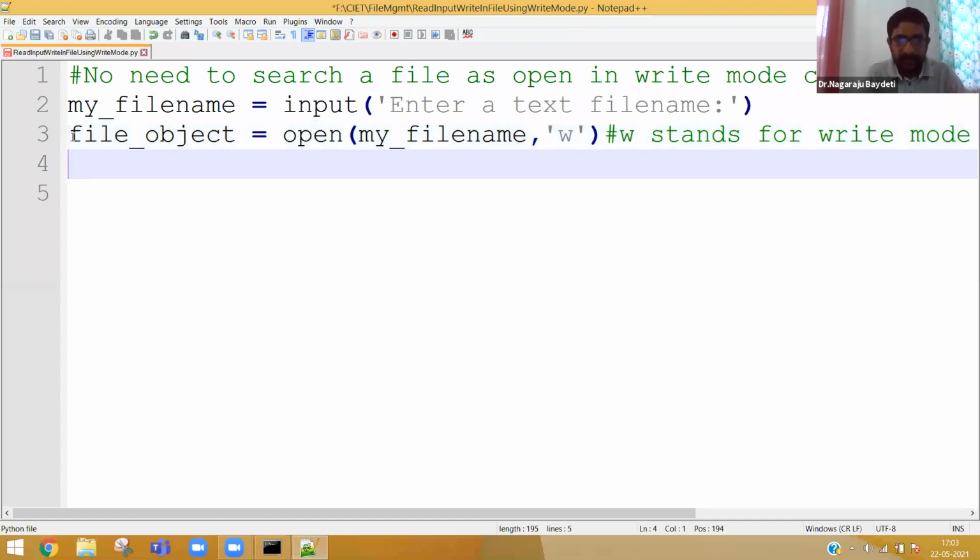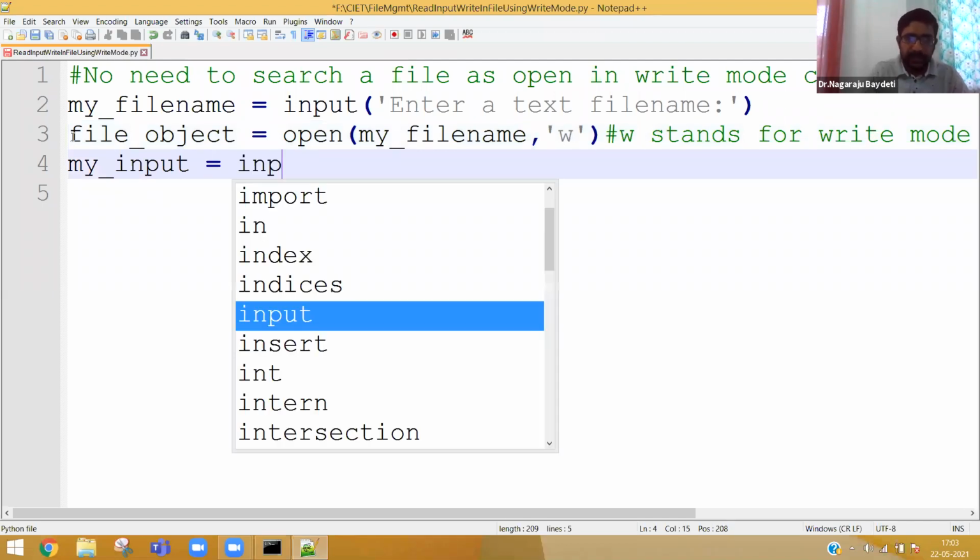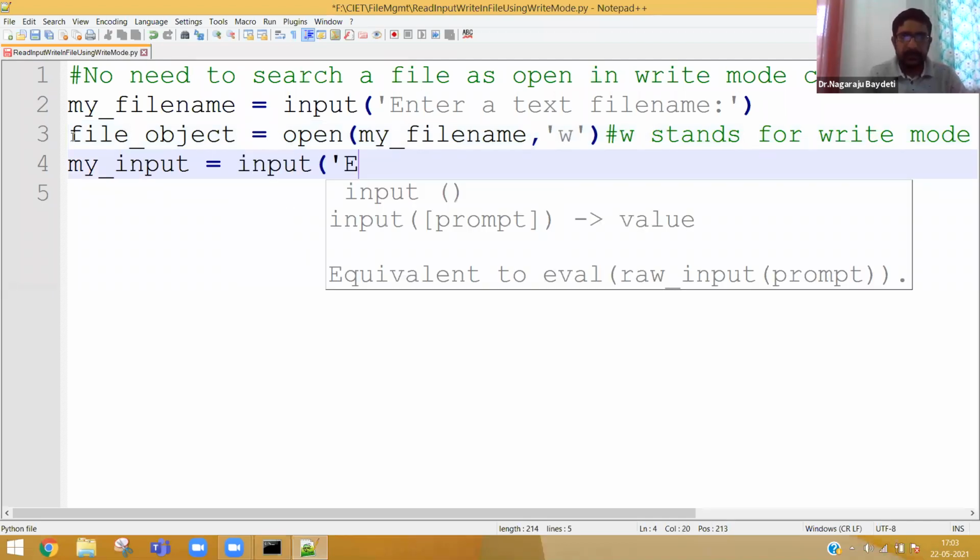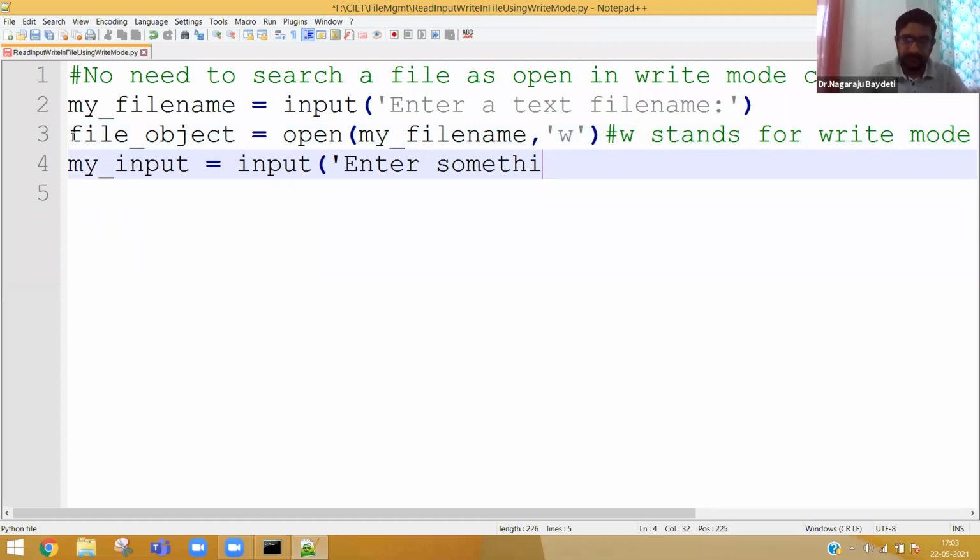We have opened a file. Then what we have to do? We need to ask the input, no? For example, my input is equal to, simply ask, enter something. It can be anything.